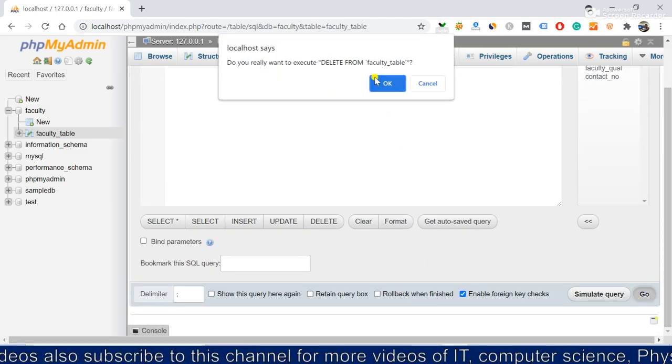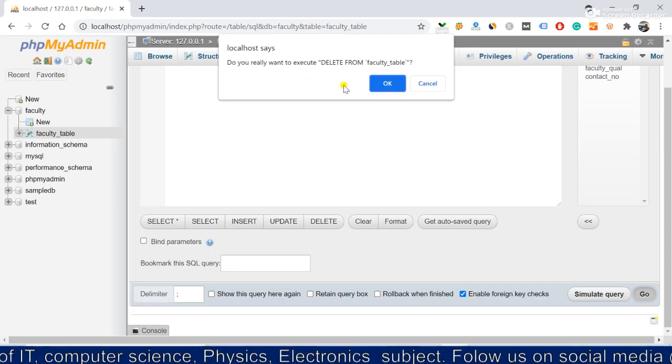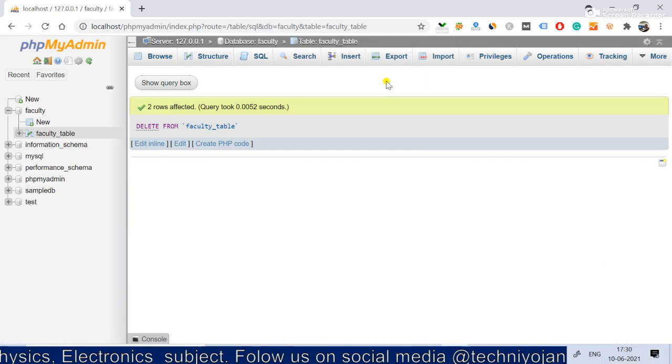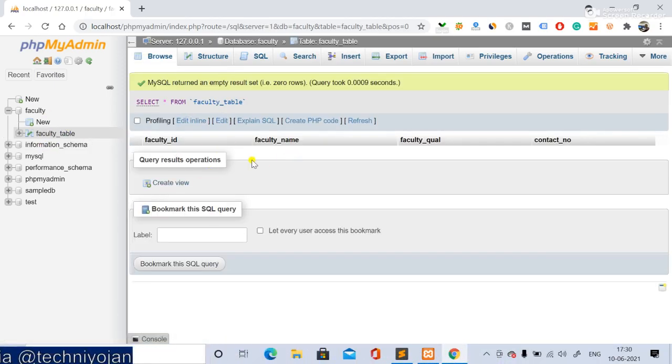See, again it is asking for confirmation whether you really want to execute this. Now we'll check, see, fully blank, the data has been deleted, but the table columns are there, the table is there. Okay students, so I guess you understood this and hope you enjoyed this video.